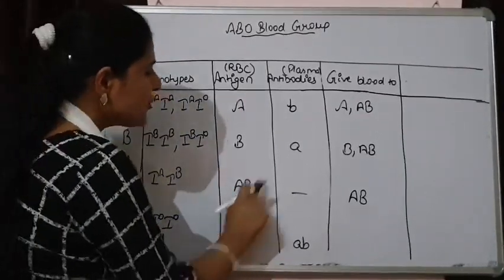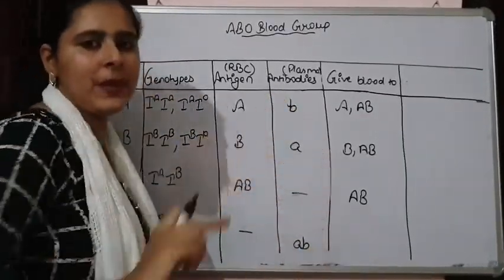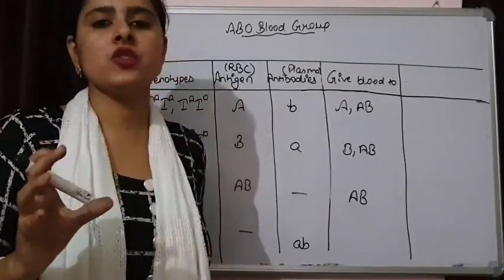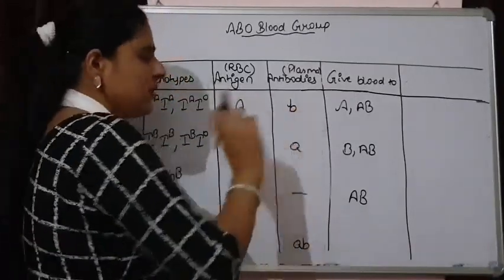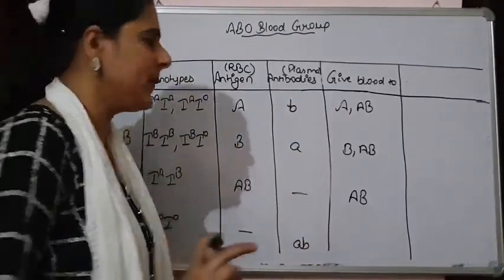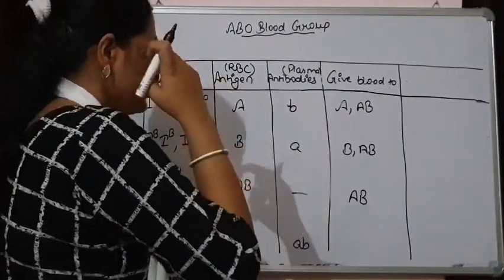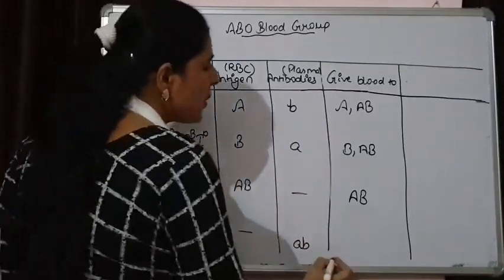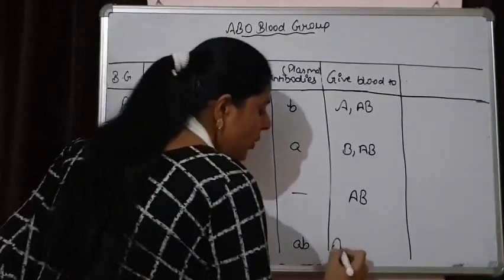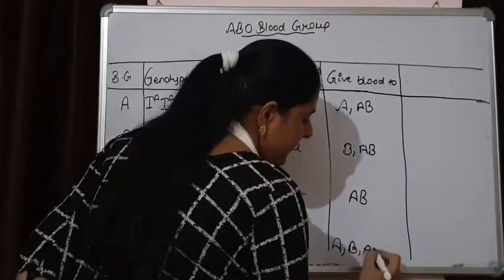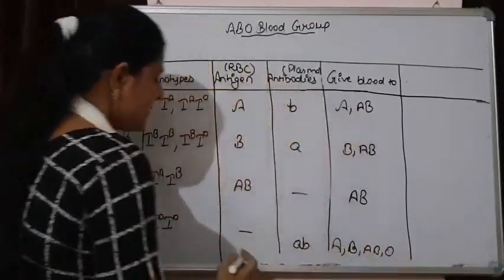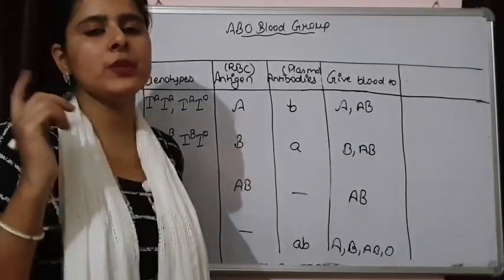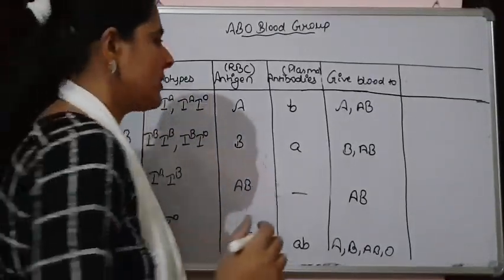And for this antigen B, antibodies are present in the blood plasma. So the immune system will activate and agglutination of blood will take place because of the activation of the immune system. That's why he or she is not able to give blood to these individuals. O is going to give blood to all the blood groups. And the reason behind this is that no antigen is present. If no antigen is present, then there will be no stimulation of immune response.